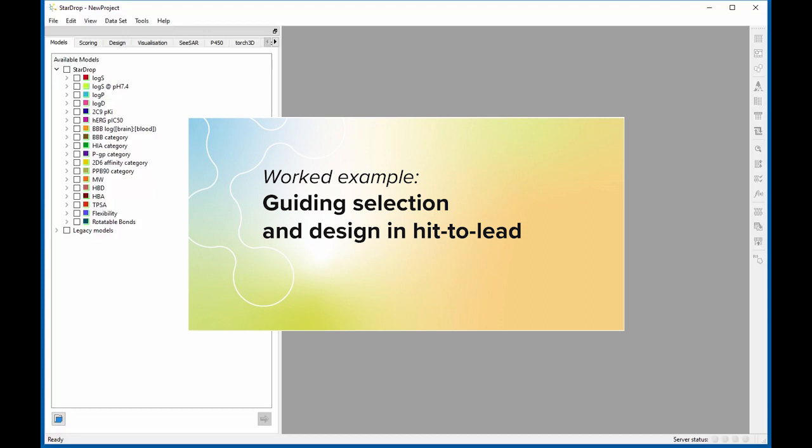This example explores some of the challenges typically encountered in a hit-to-lead project. The objective in this case is to identify one or more high-quality chemistries for progression to detailed in vitro and in vivo studies based on initial screening data for potency. Ideally, the compounds chosen for progression should not only be potent, but also have appropriate ADME properties to result in a high-quality lead series. We will also use StarDrop to explore potential modification of one of the existing compounds to